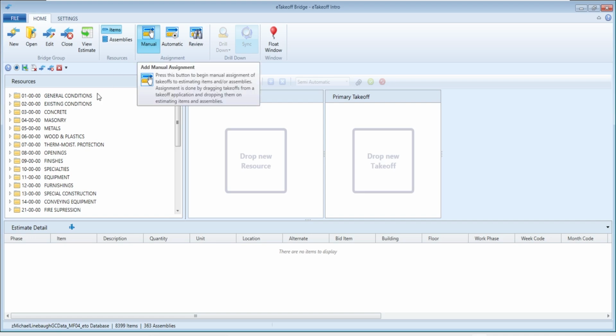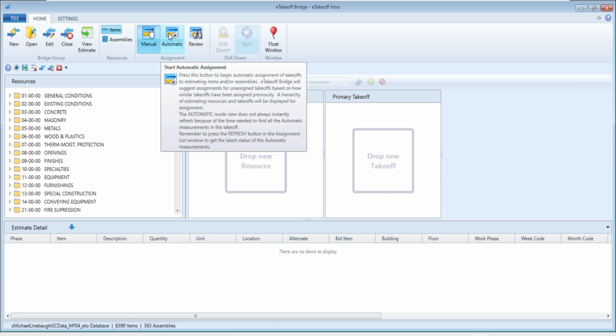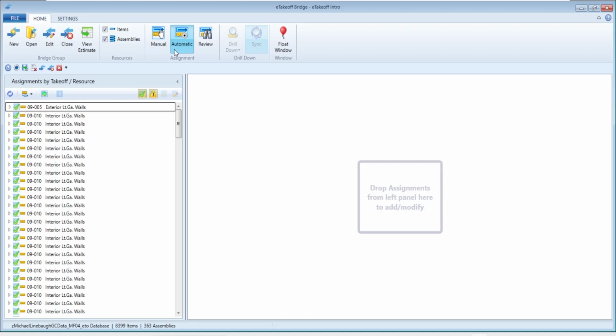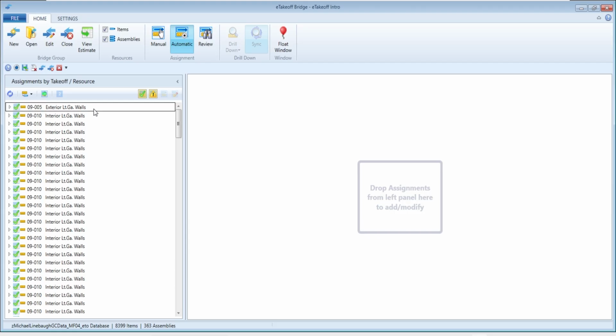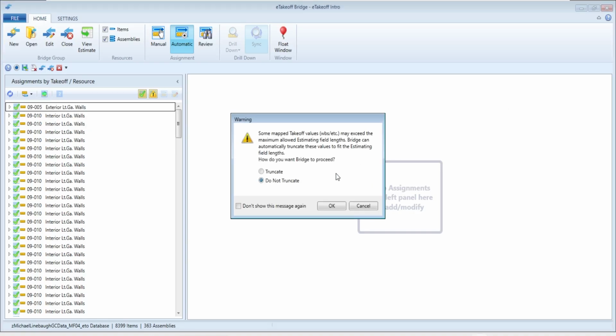So manual would let me pick manual items and drop manual traces associated with it. In this case, I'm going to look at automatic because a lot of the traces I had set up automatically know what to do in estimating. So if you notice here, I've got all sorts of my exterior walls, my interior walls and things of that nature. I've got my different flooring. I've got my different tubs, sinks, toilets, things of that nature. Those are all the objects that I took off that already know what they associate with in estimating. So all I had to do is hit the little generate button here, and that'll basically go off and build my estimate.